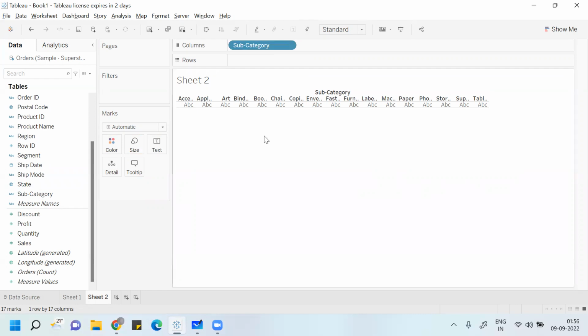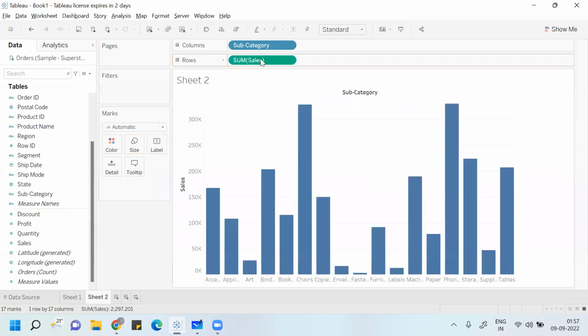It represents the discrete data. You can see the value 17 marks. So it represents 17 entries. Okay, that is what it represents. So it's a discrete distribution. While for the row, I'll take a continuous data which is called sales,